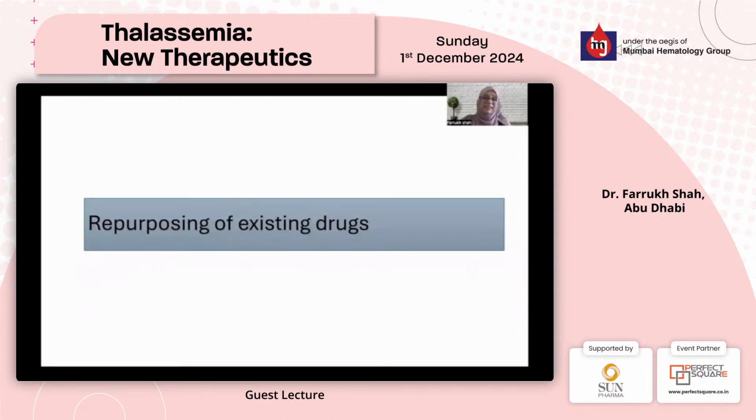Repurposing of existing drugs, I think, is really important, and thalidomide has been extensively investigated in India, China, and a number of other countries. And thalidomide